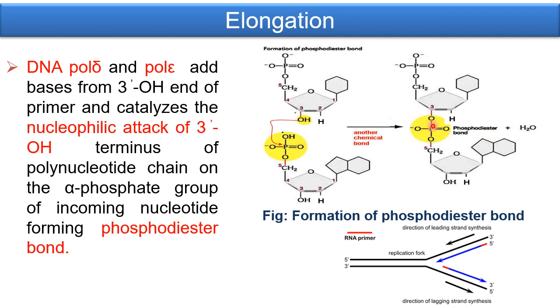This is the phosphodiester bond, the red color marked here, with the release of a water molecule. Along with it, as I have already told, the activated dNTPs are attached with 3 phosphates. The 2 phosphates will be removed by releasing one pyrophosphate group. Here I am not showing the pyrophosphate group, but along with it one pyrophosphate molecule is also released. This pyrophosphate molecule is used in the formation of hydrogen bond during the replication process.